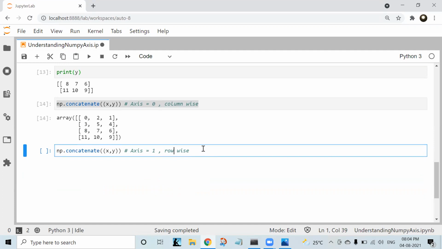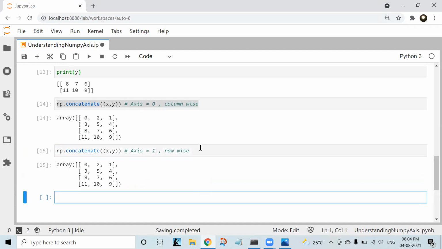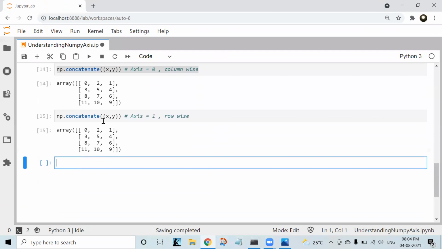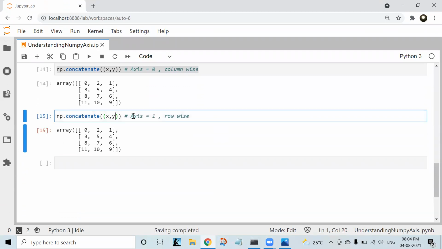Sorry, I had not given the axis here. Axis equals 1.